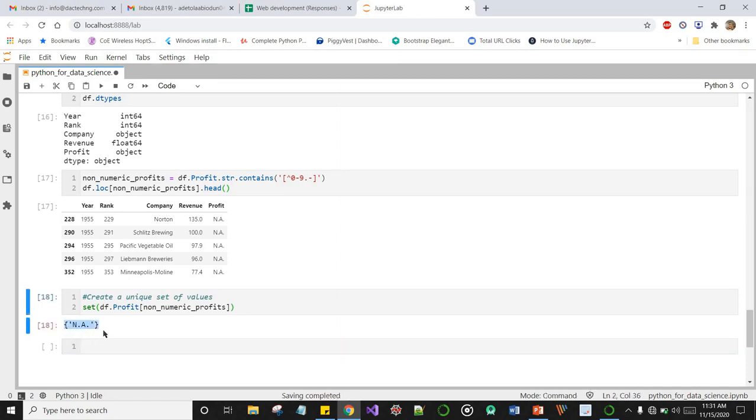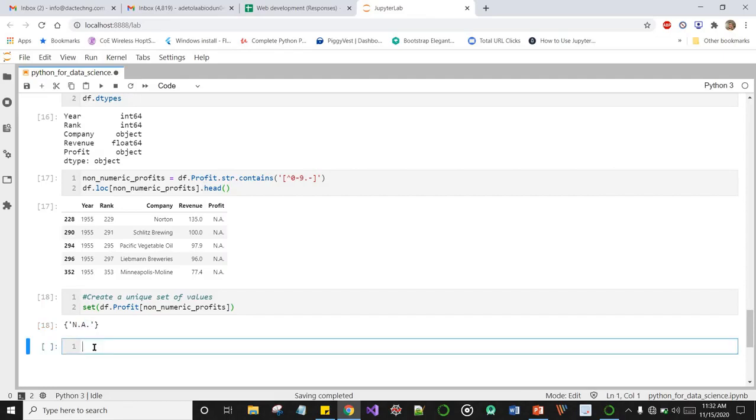Okay, in Python, this is a dictionary. The notation of dictionaries in Python is using curly braces. Okay, and dictionaries are also objects in Python. So that's worthy of note. Luckily for us, our data set has only one unique value, and that's NA. So we have fewer strings to bother with.